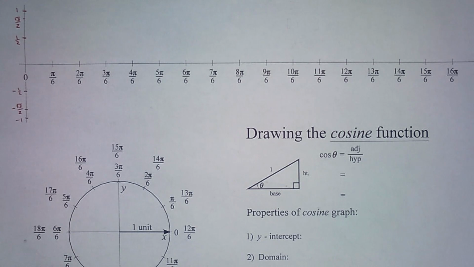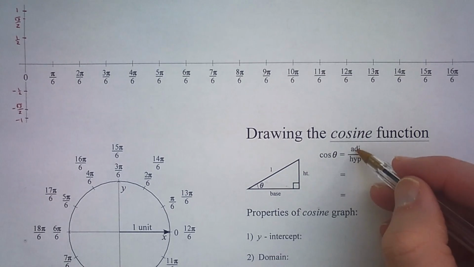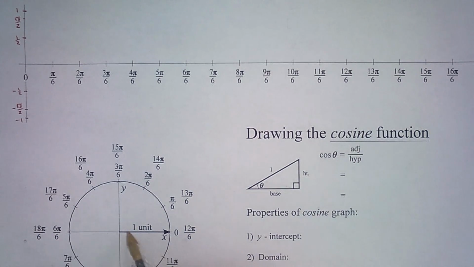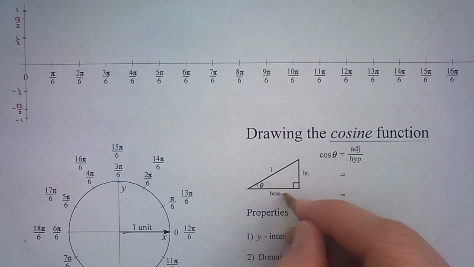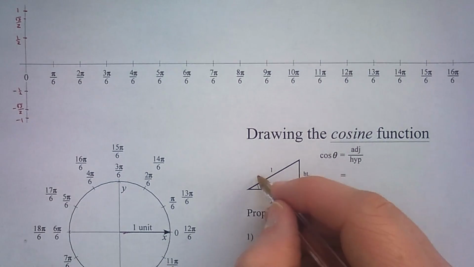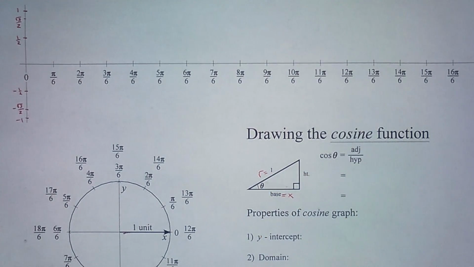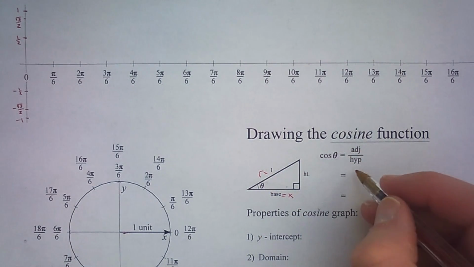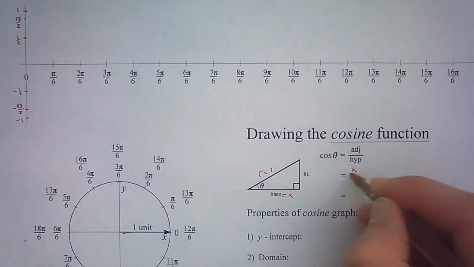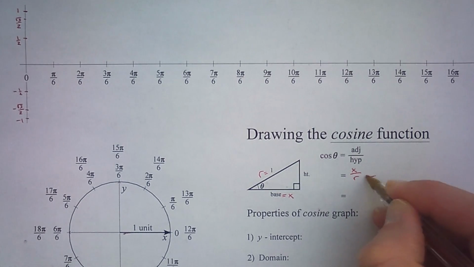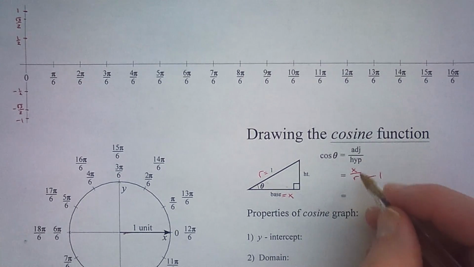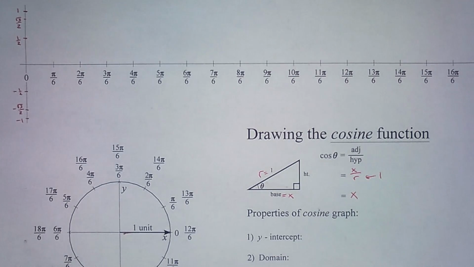Hey guys, now we are going to construct a basic cosine wave. Okay, so cosine is adjacent over hypotenuse. So in a unit circle, that adjacent is going to be here along the x-axis. So that's the base, which is x, and the hypotenuse is the radius, which is always equal to 1. So adjacent over hypotenuse is x over r, and since r is 1, in a unit circle, cosine is simply